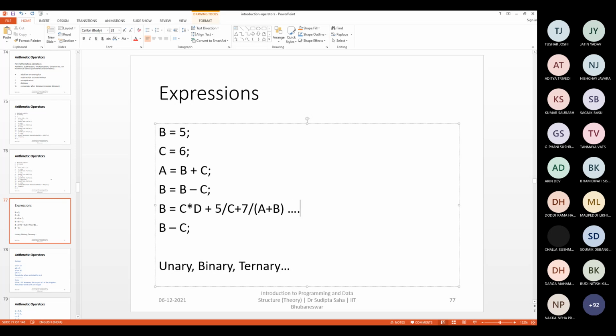So there can be any generic expression, whatever expression you need, for example, to solve a particular mathematical problem. So in this expression, the result will be integer or float. Who will decide that? How will it be decided whether the result will be calculated as a float number or an integer number?